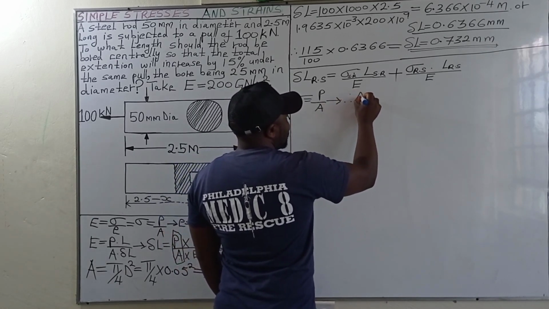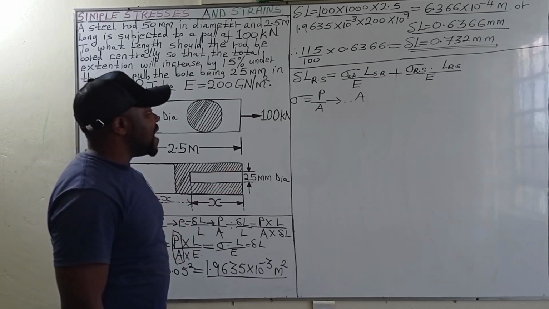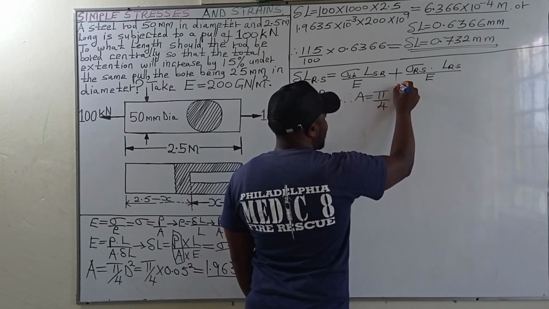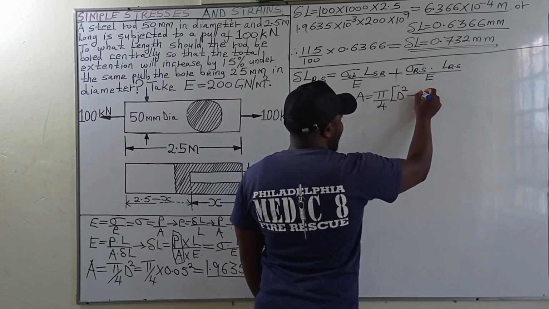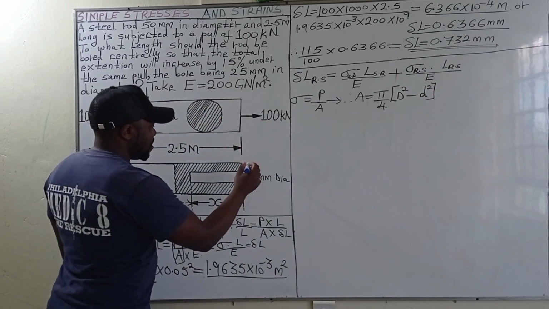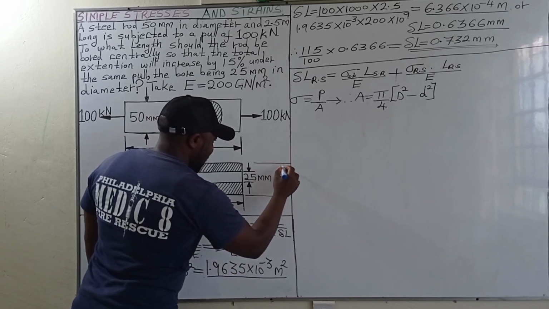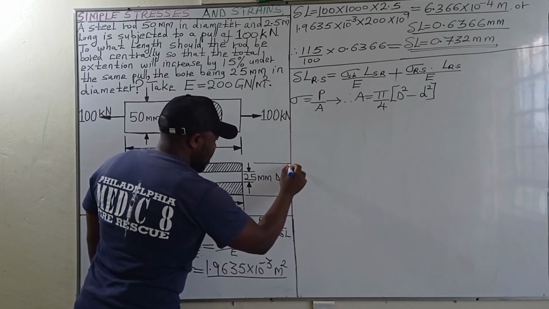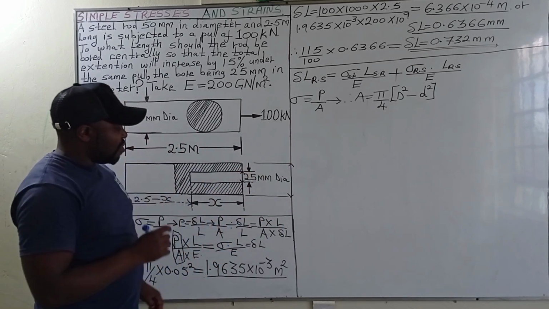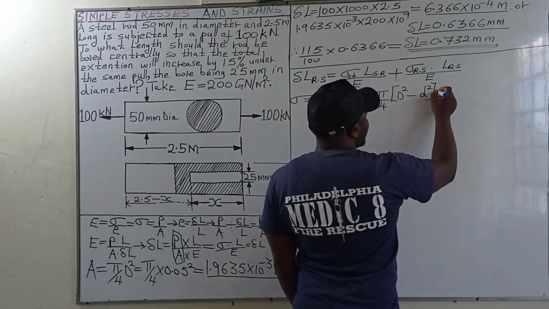Therefore, the cross-sectional area of the reduced section, the cross-section that is going to remain, is going to be given by pi over 4 into D squared minus d squared. Why that? Because the total diameter here is capital D, and then we subtract this small diameter here. We are going to remain with the diameter of the shaded region,